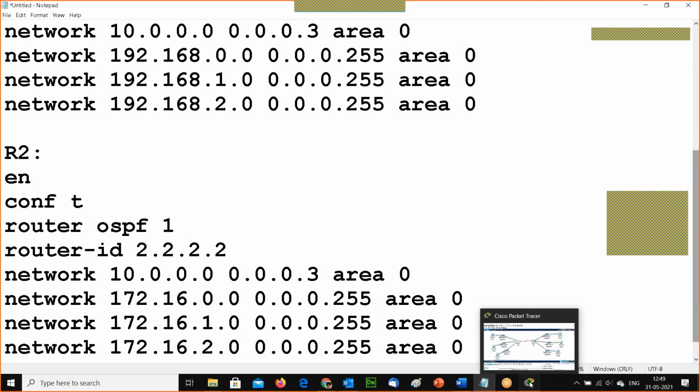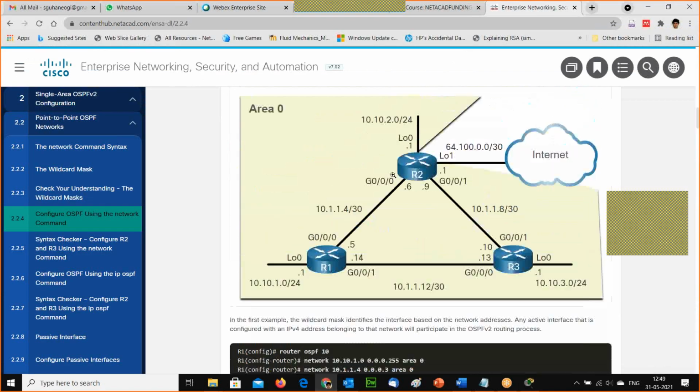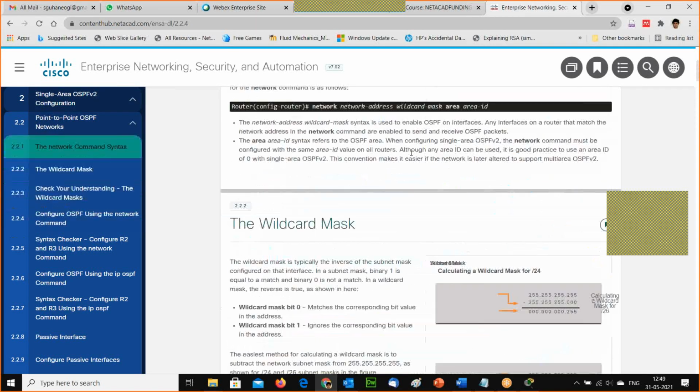No, area is basically how you split. For example, this R1 and R2 and R3. You decide that R1 and R2 are part of the core network. Okay, and of course, the designated router and backup designated router, all those things will be part of the core area, that is area 0 only. But there is a hierarchical part. Just now I have shown you the previous one.